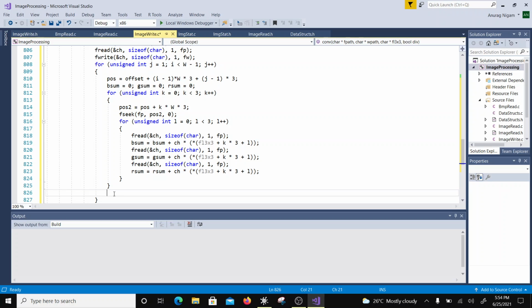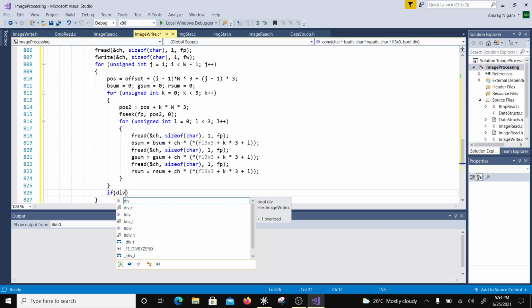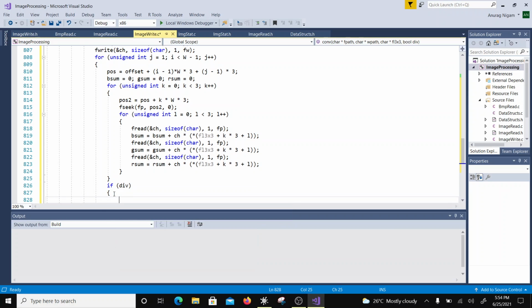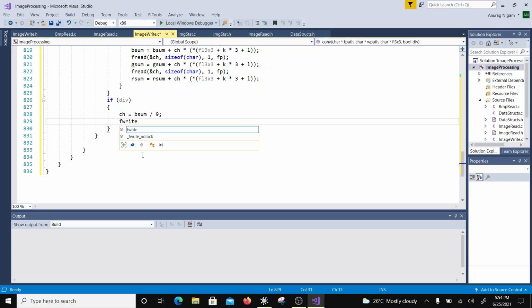Okay, now if div, okay, so div is a boolean, so if it is an averaging filter, then it has to be normalized by 9, right? So I would say ch is equal to bsum by 9, right? So it is normalized, and then I'm going to write ch, right? So fwrite,